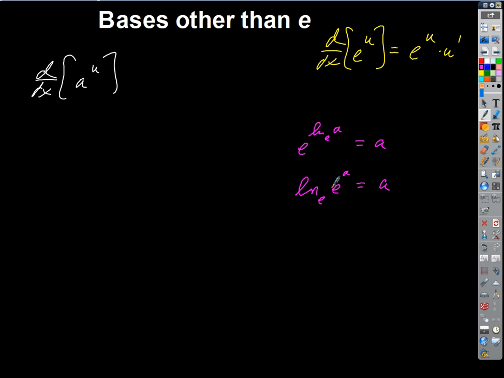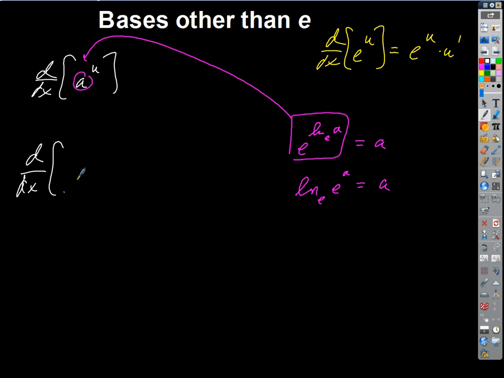I'd say the top one, right? The top one. If I replace this a with that, look what we get. We get the derivative with respect to x of e to the natural log a